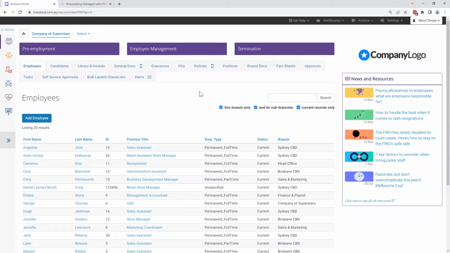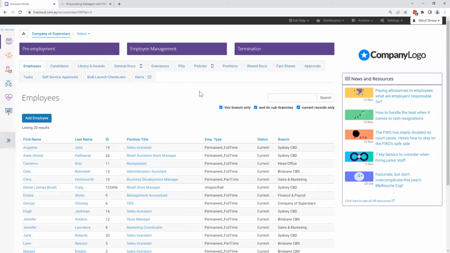Within these workflows, they contain our checklists, which are designed to guide you through all of the HR processes you may need to manage your employees from start to finish. These checklists are drafted by FCB Workplace Law in Australia and Langton Hunter Butcher in New Zealand to ensure that you are following both a compliant and best practice process. All actions completed or documents created from within a checklist are automatically saved to the employee's record. We'll come back to the checklists a little later in the session.